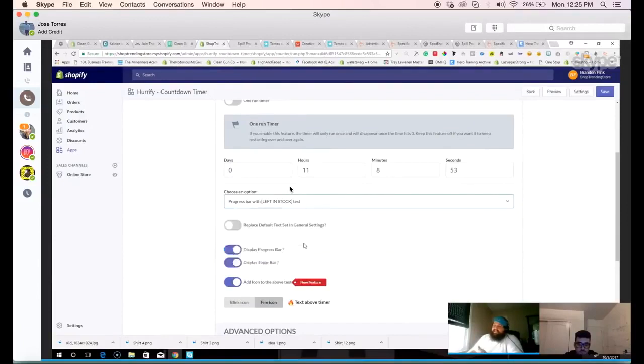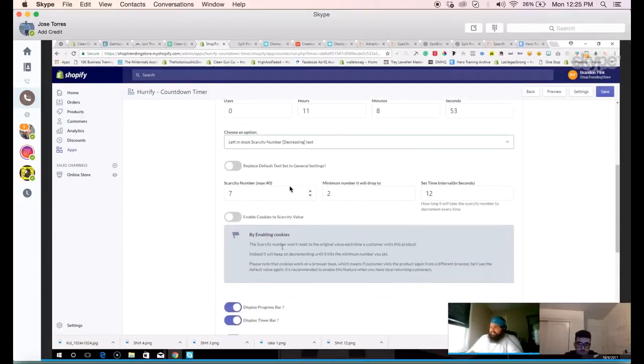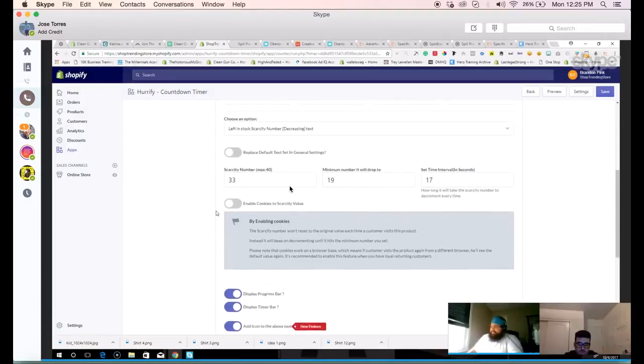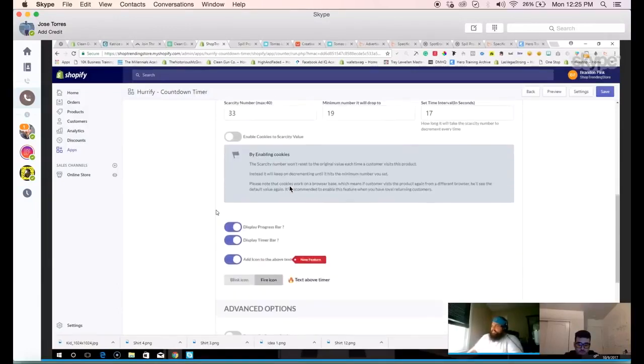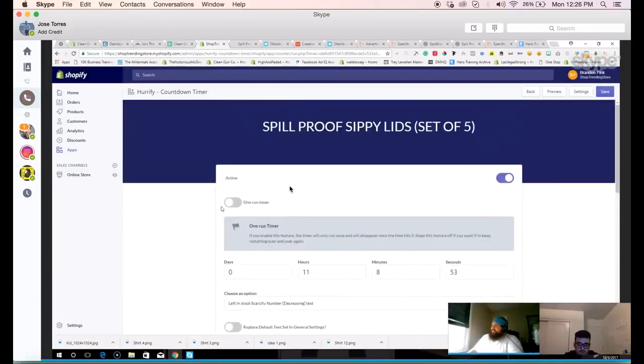Decreasing text. Left in stock, decreasing text. So I'll start off with usually like 30, 33, and then I'll let it drop down to maybe 19 every 17 seconds. So what this does, I'll show you. So we're going to save this now. So save. And now when you preview this page,